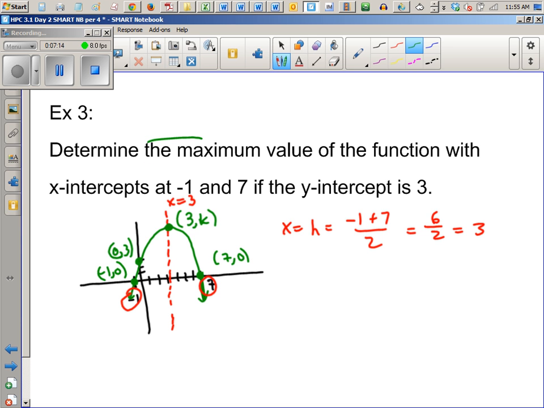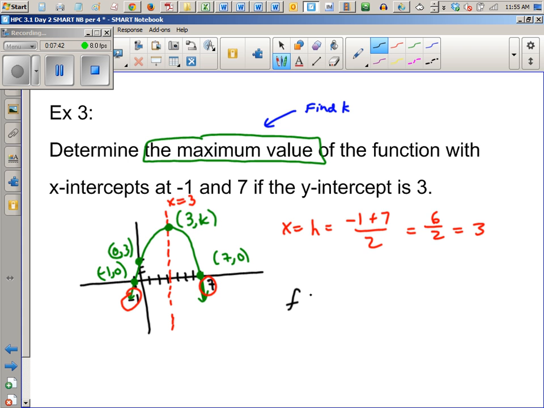The maximum value. That means the maximum output value. Okay? They want k. That's what this question is actually asking for. This means find k. The function has many y values, but I want the highest one. That's what it means. Okay, now we kind of have our bearings, and we can set up our function as